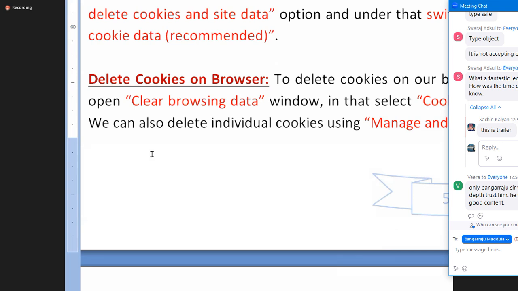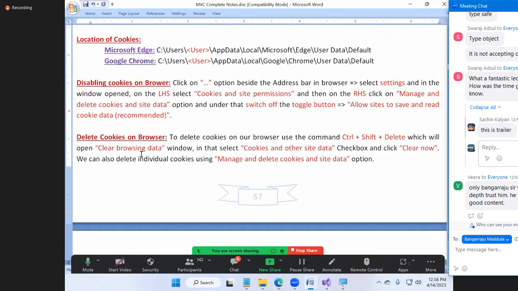how to delete? Clear browsing history, and you can delete your cookies. So everything is in the client's control. Remember, everything is in the client's control. The client can delete the cookies. The client can disable the cookies. If I disable the cookies, action methods 6 and 7 will not run. Try it out.